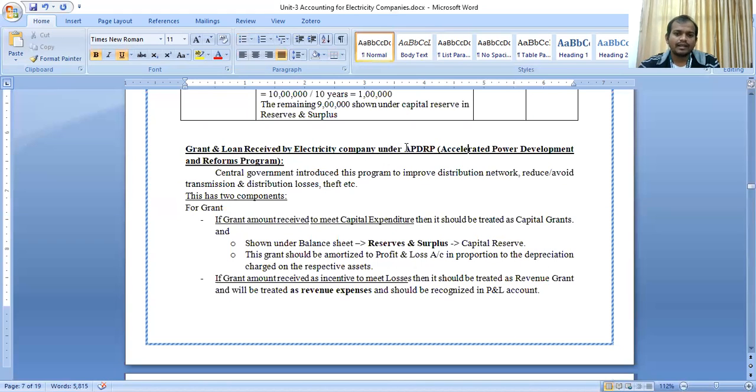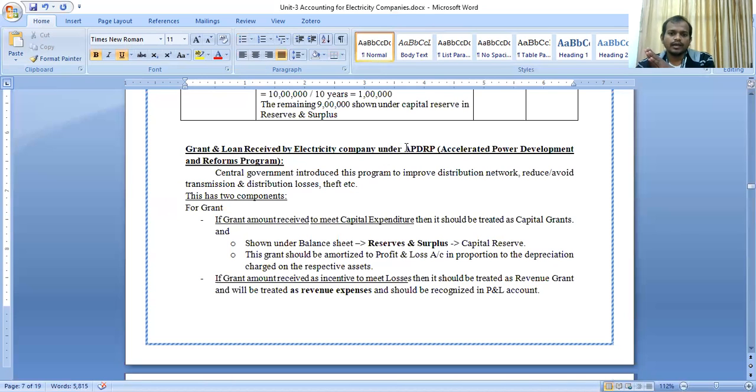If they provide that grant to meet the capital expenditure, we have to treat it as a capital grant. If they provide the grant to meet the losses, we have to treat that grant as a revenue grant. So losses generally we mention in the profit and loss account debit side. So to meet those losses, we have to show that revenue grant in the credit side of the profit and